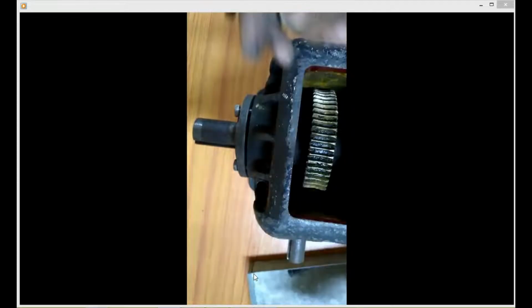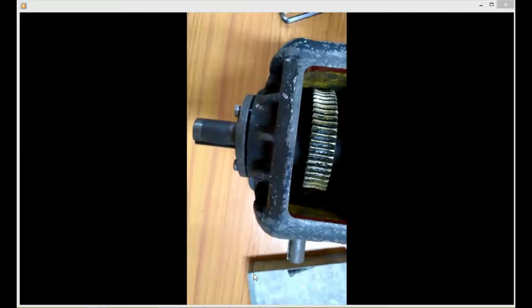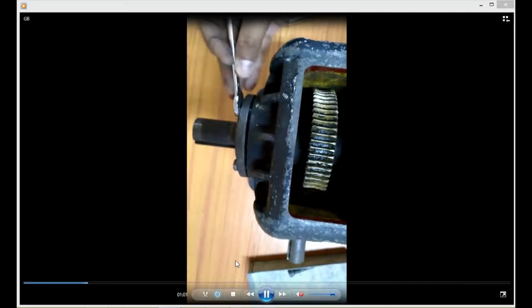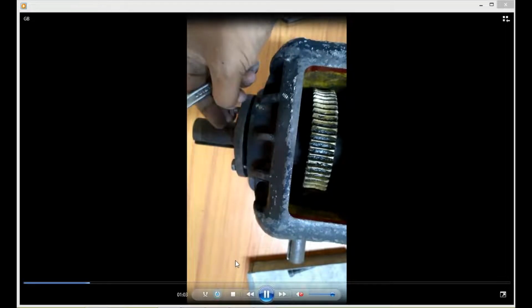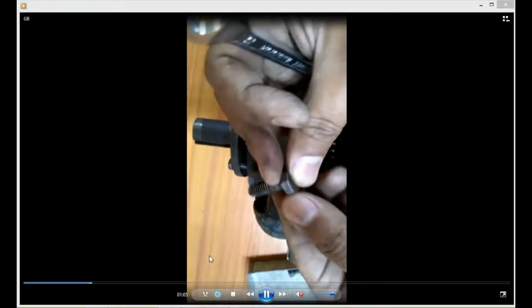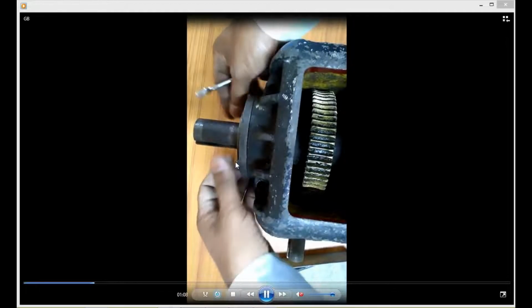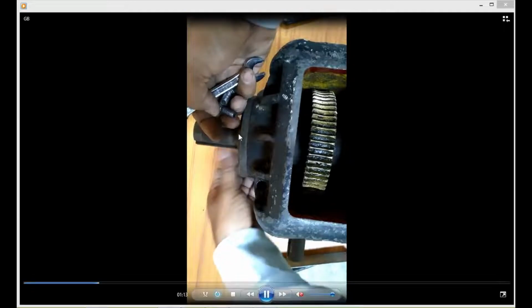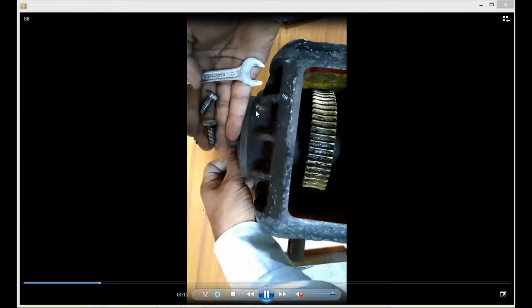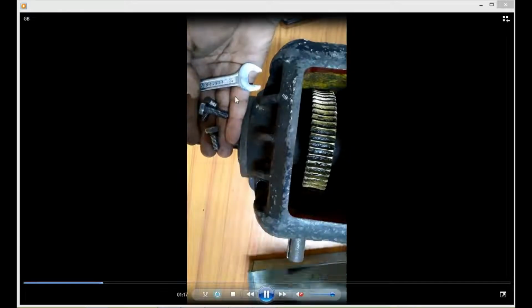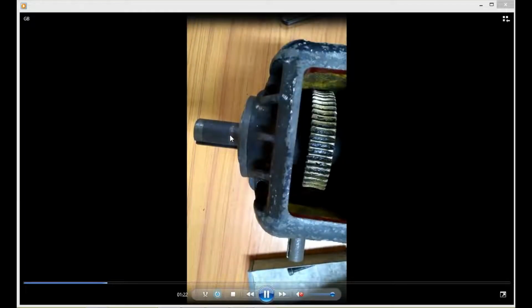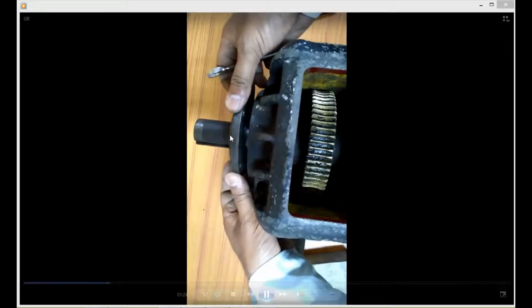Take the appropriate spanner, right? Remove these fasteners and keep them in the proper tray, tray number 1, tray number 2. Then again you can go for the open-headed spanner of size 14 or 15, depending on the hexagonal bolts, and try to remove the flange which is connected at the end of the shafts, the input shaft as well as the output shaft. So here 6 bolts are present. By using the open-headed spanner, you can remove these 6 bolts, and again you put them in tray number 2, not in the same tray.